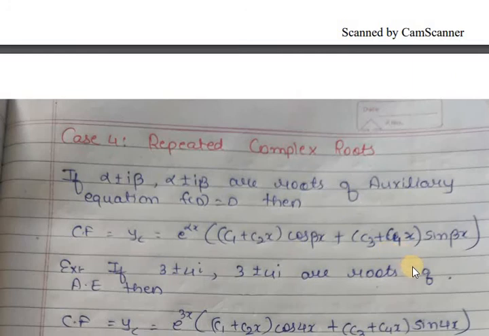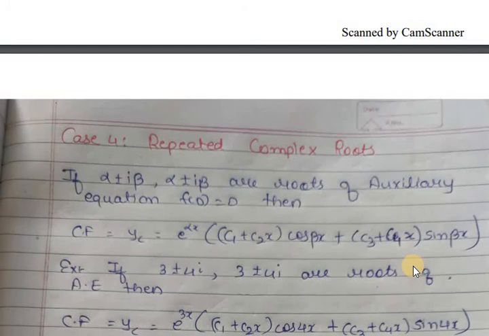So here first of all we will have to find out f of D. For that we will compare the given equation with f of D into y equal to 0. Therefore f of D will be D square plus 4 whole square. So the auxiliary equation is given by D square plus 4 whole square equal to 0. That means D square plus 4 is equal to 0 or D square plus 4 is equal to 0. Therefore D square is equal to minus 4, and minus 4 can be written as 4i square. Therefore D square is equal to 4i square. Therefore D is equal to plus or minus 2i. Same way again we will get D equal to plus or minus 2i.